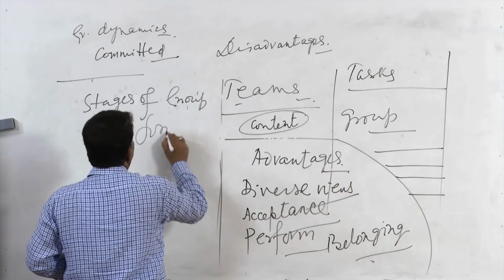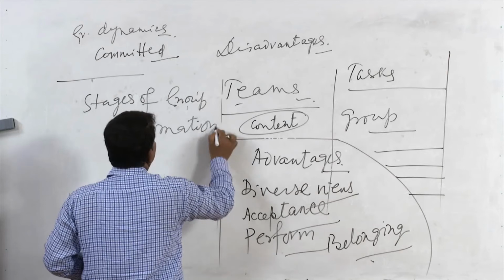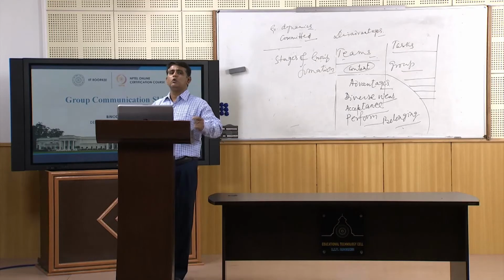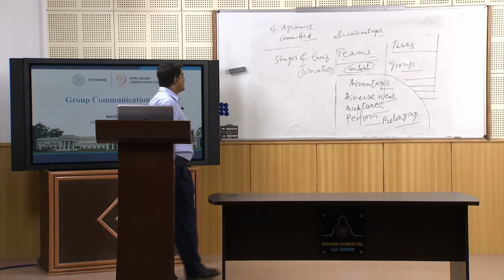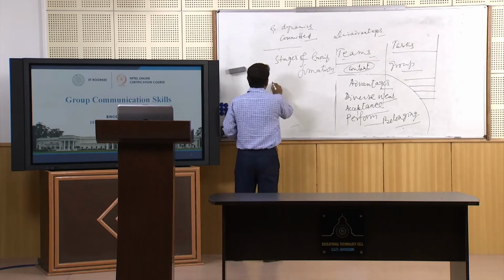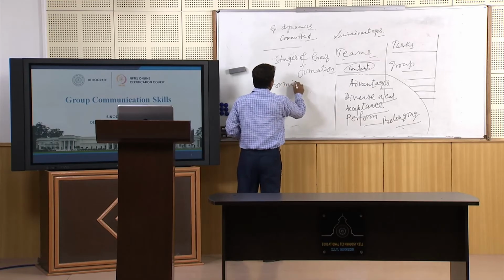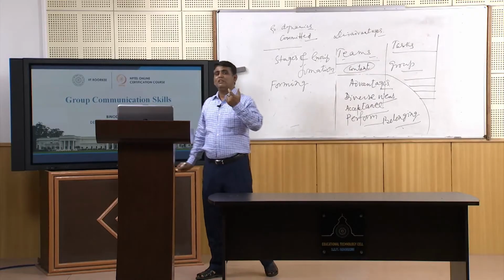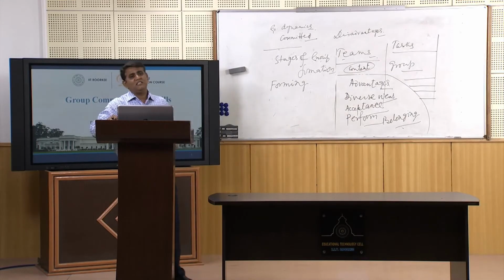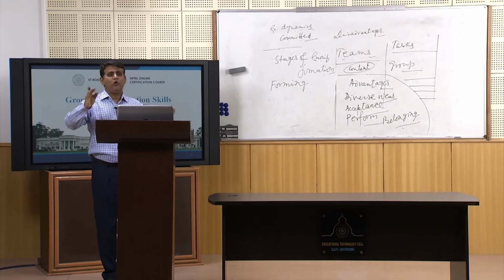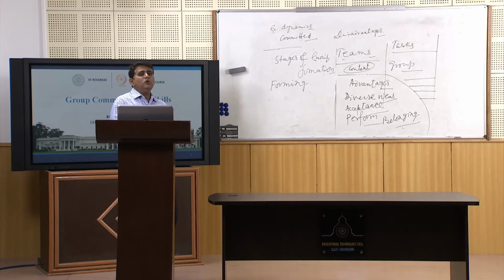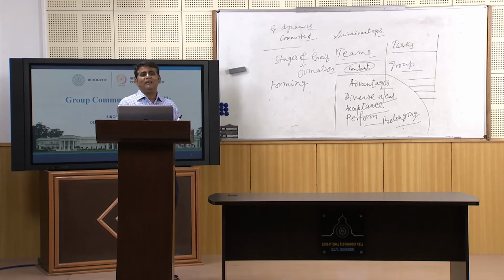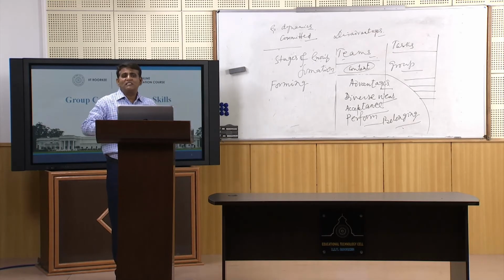What are the stages of group formation? As an individual, you can also feel that the very first stage, when you do not know anyone, is actually called the period of forming. There are 5 stages: forming, storming, norming, performing and adjourning. So the first stage is that of forming. When the group is formulated, you are new, you actually have to be introduced to other people in the group, and as time